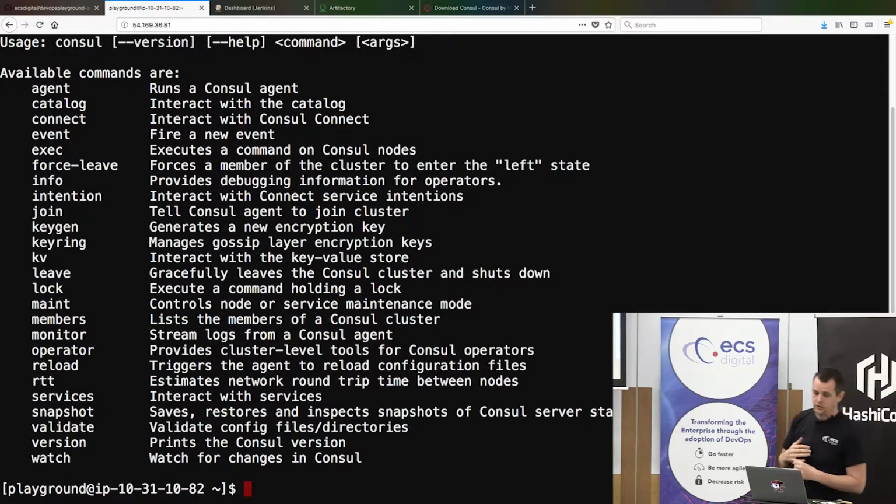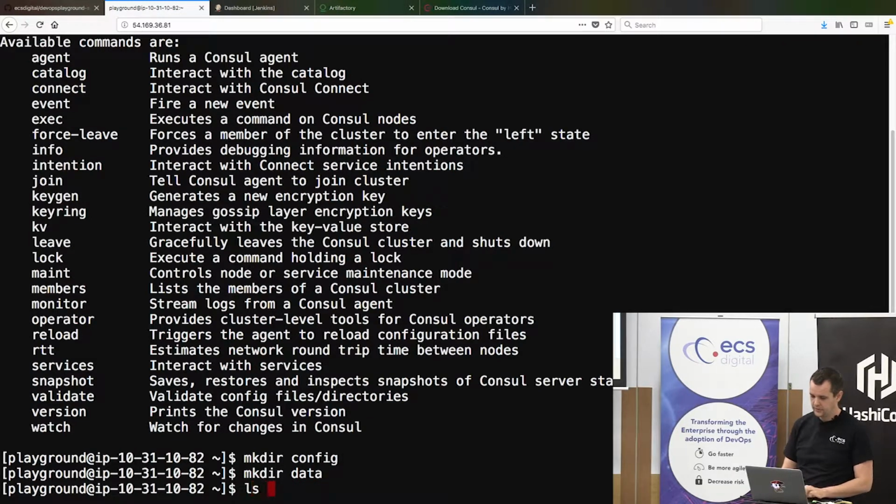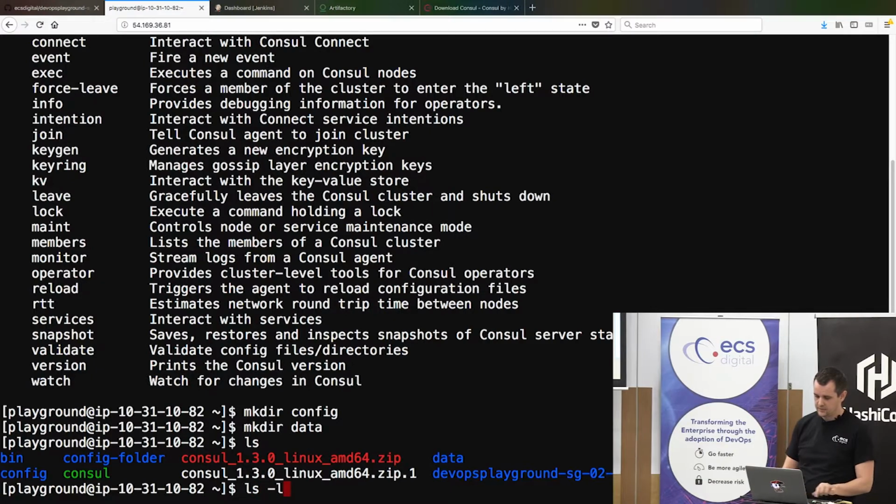Okay. We now want to start the console agent, but before we do that, there are just two folders that we need to create. One is a config directory for console, and another is a data folder for console. The configuration folder contains the config for console, and the data folder will contain the state for console, which is why we need those two folders. Very simple in a Linux environment, we can call the folders whatever we want. I'm just going to call the first one config, so make the config, and secondly, make the data. Just keep it simple. Now if I do an ls,